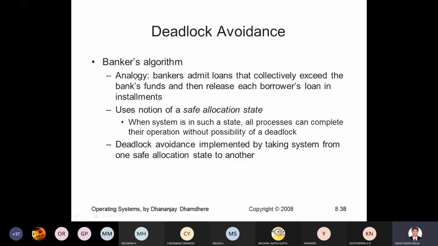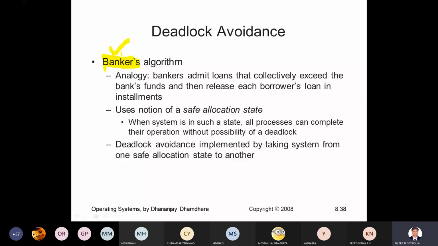How do they do it? Let us say they give to 10 people, and after 1 month these 10 people also keep paying, right? They have given 10 lakhs to each of 10 people, which becomes 1 crore, and let us say there is a 1 lakh installment per month. So they'll get 10 lakhs per month in installments. This 10 lakhs can be given to somebody else, right? Like that, they collect the corresponding EMI every month and balance their banking. That's the technique in allocating resources, the same technique proposed here, and that is how the bank smoothly functions by managing its funds.